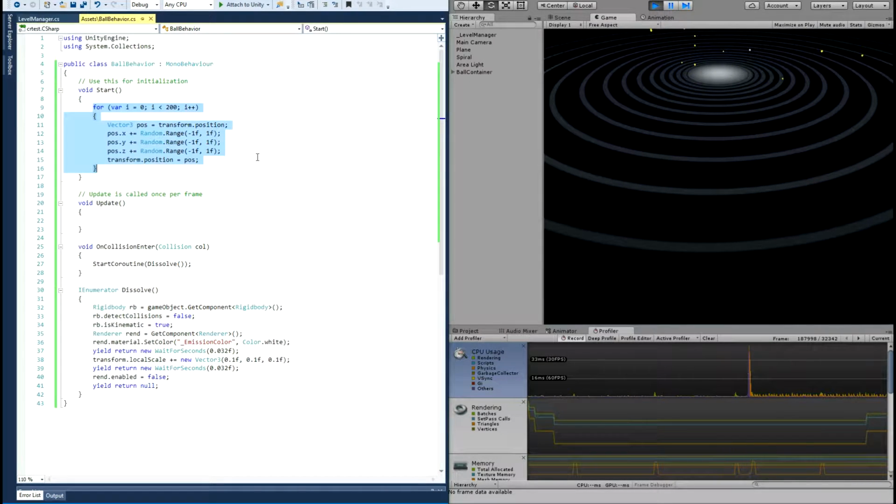So basically every time a ball is instantiated, it's going to run through a loop 200 times and set the position. Obviously, that's not something you'd want to do under normal circumstances. However, I'm trying to